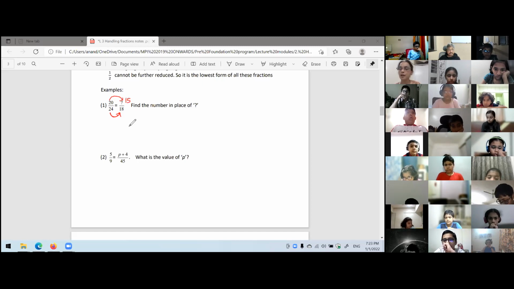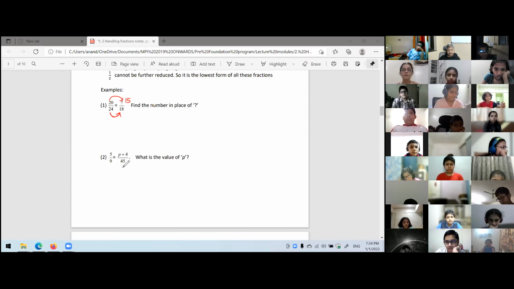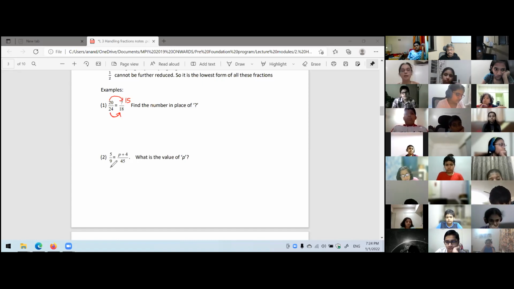So if you have clever observation, you can skip a lot of calculation, and this type of fast thinking becomes your most effective tool as you go ahead for competitive exams. You need fast and correct thinking and skip all the steps in between and land on the answer correctly and confidently. So you need to develop this kind of observation. Now let us look at this. 5 upon 9 is p upon 45. Now can I clearly see 9 5s are 45?